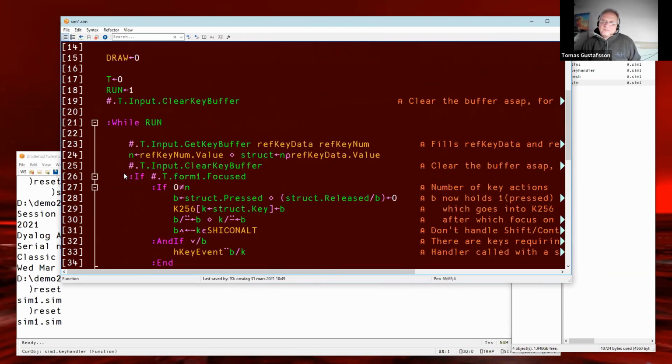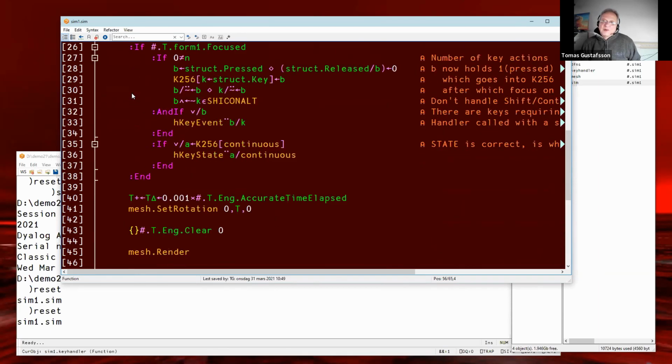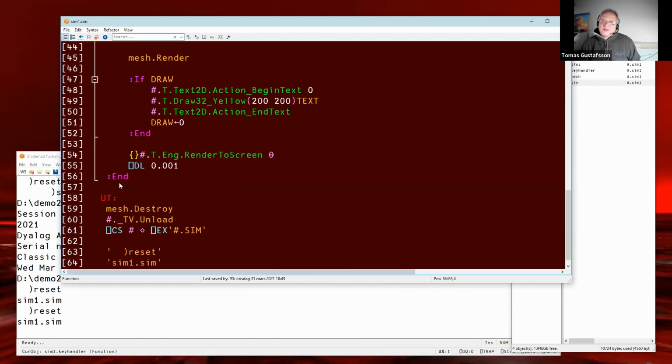End. So here is our game loop, and once we exit this loop, we go to the, I can type right arrow ut or out. It's Swedish for out, if there's an error somewhere and I want to jump out of the whole thing. So it destroys, it unloads, and it changes space to the root. And note this very, very important thing: it deletes all stuff that we created, all variables, all housekeeping, etc.